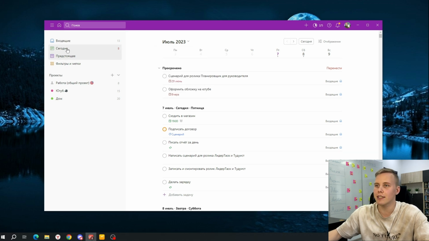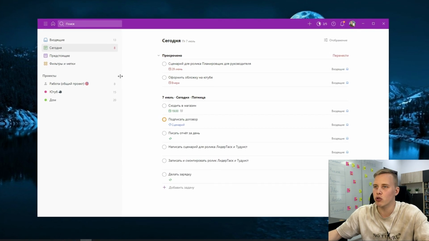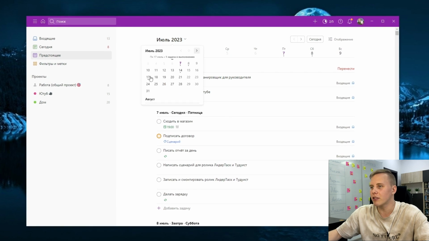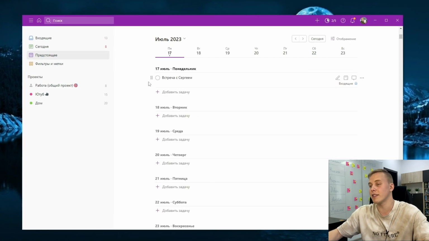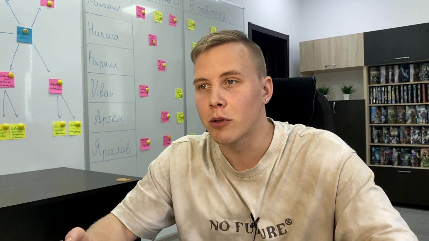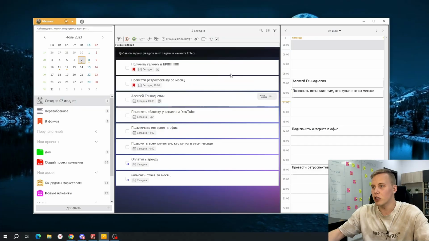Why did they hide the calendar like that? If I am in the Today section, then to see the tasks for the next week, I have to click on Upcoming, then July and select, for example, the 17th day. Maybe someone works in a different way altogether and they won't need these functions. But I am showing you how I work.